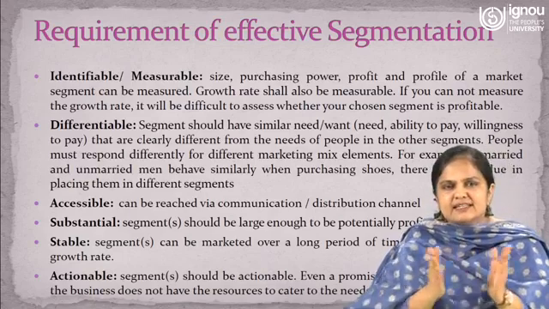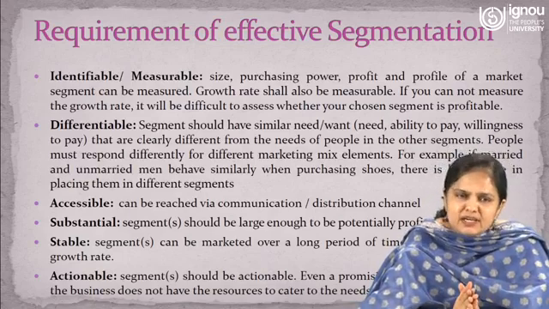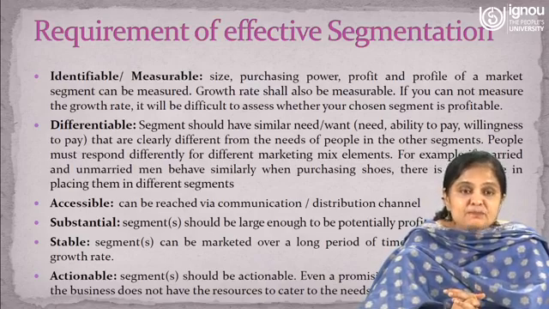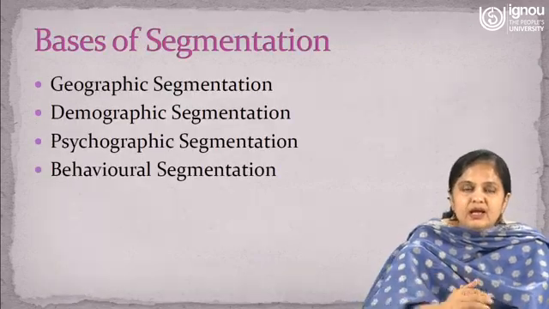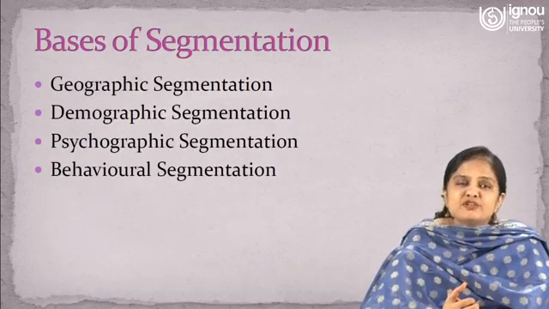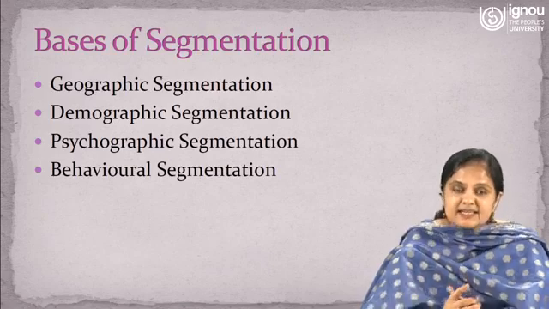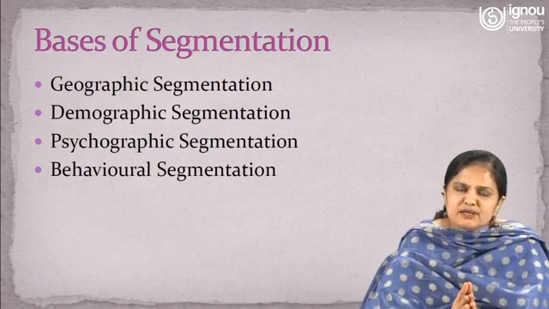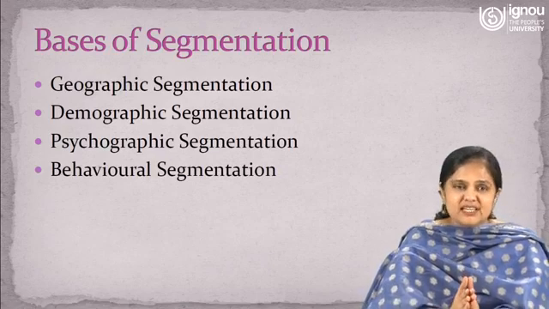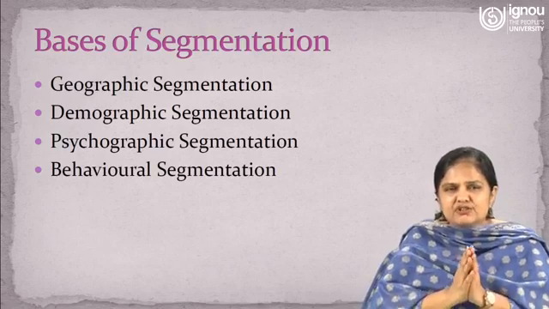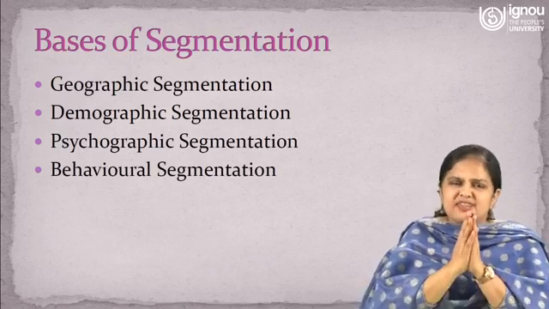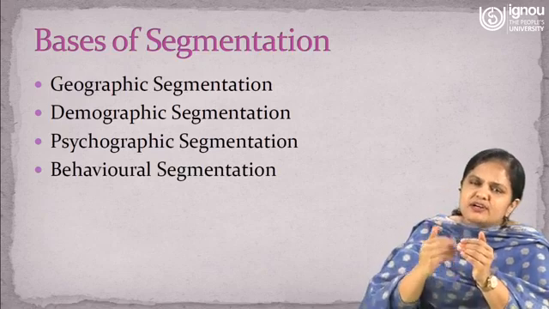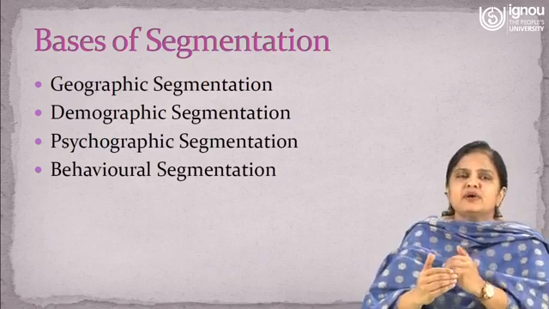So we have seen that these are the requirements of effective segmentation: identifiable, measurable, differentiable, accessible, substantial, stable and actionable. Now we will see what are the various bases of segmentation. As I said, customers in the market are very different to each other. The market is quite heterogeneous, right? And you have to convert that heterogeneity into homogeneity. So there are various bases on which you can divide your market or convert the heterogeneity of the market into homogeneity,